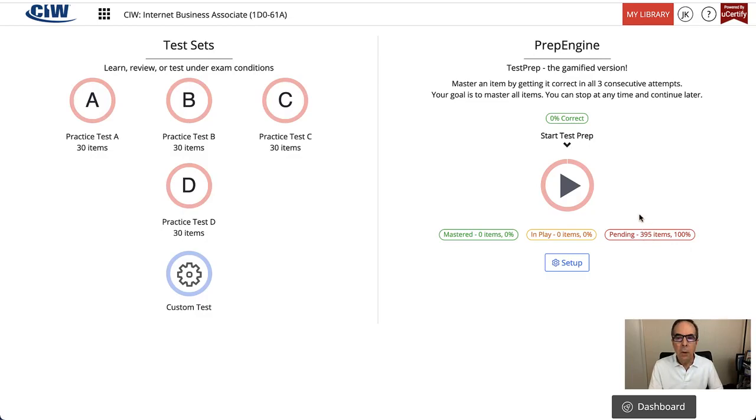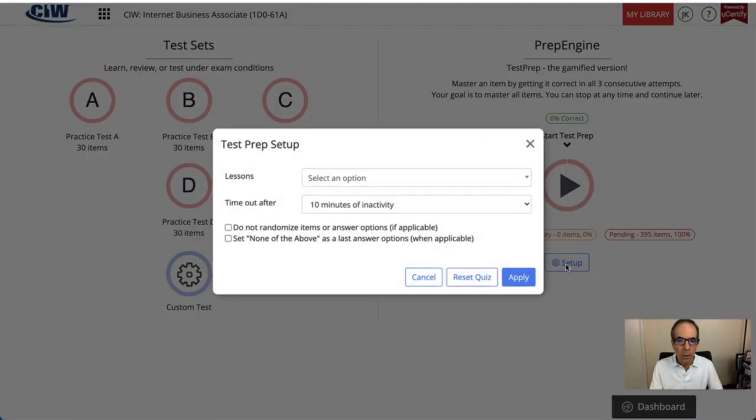That's my purpose in saying it's optional, because you can spend a lot of time trying to master 395 questions and seeing each of them 3 times. Imagine how long that's going to take. So this may not be the most efficient way to study, but it can be a nice way to focus your study. So I'm going to go back into the setup, and we'll pick, rather than looking at all of the questions that are possible,